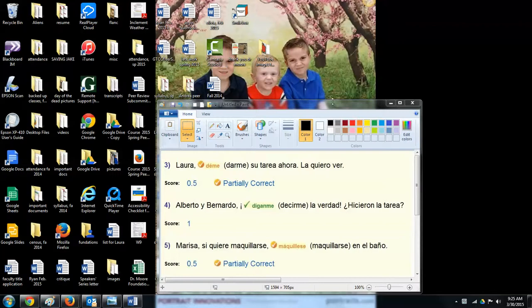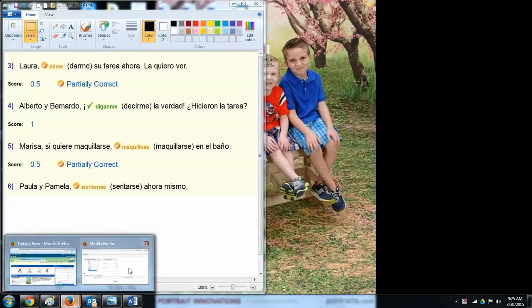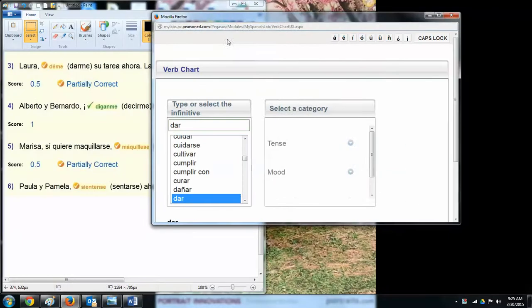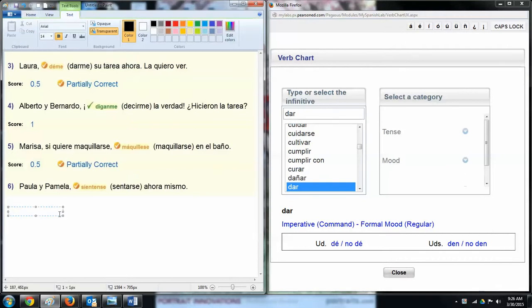Tia. So I think what's causing you problems are the accent marks, and it's a little bit tricky, especially when you're looking at dar, because you see when it's conjugated out that it has an accent mark. There's certain rules in Spanish with accents, and you only write in an accent when the rule doesn't apply. So if a word ends in N, S, or a vowel,